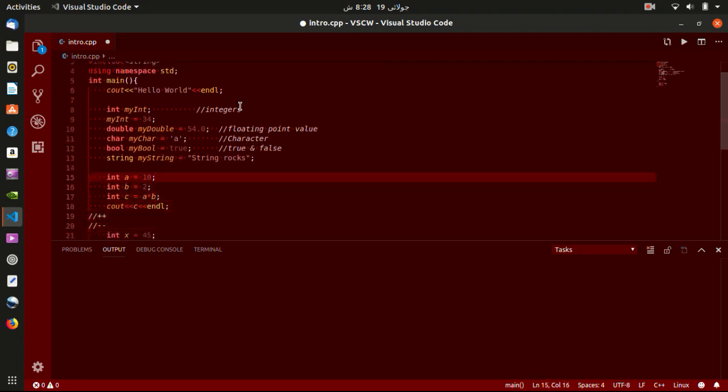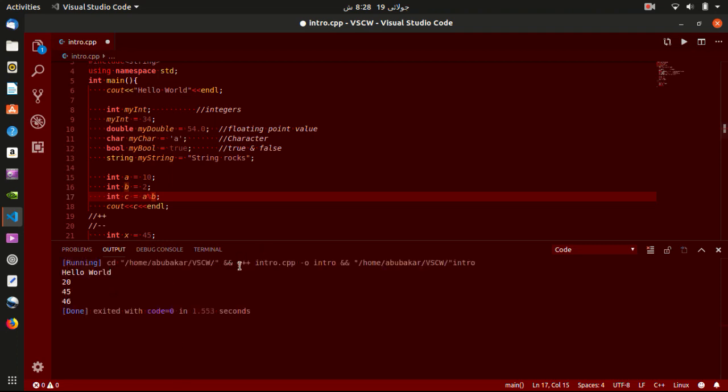Then we learned how to do basic operations on these. And there is another operator in programming that is quite amazing. It's called the remainder operator. Division gives you the quotient, and this one will give you the remainder. So if I output C this time, this will give, okay,